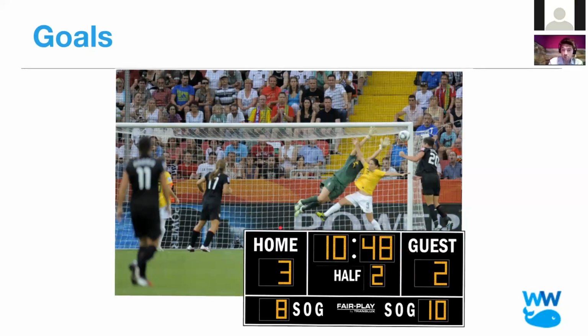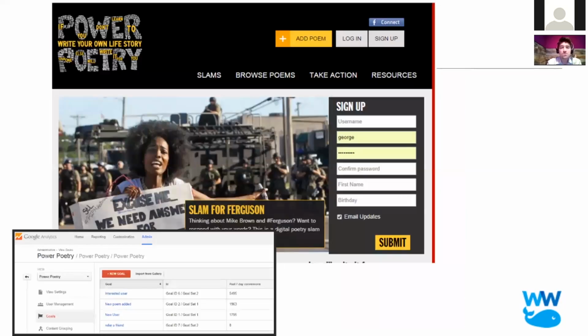It can just tell traffic coming in and out and going to different pages. So it is critical, if we want to watch a reasonable game of soccer, to set these goals up. So here's an example, coming back to powerpoetry.org. Take a look at this page. How many goals, how many things would you want to track, given the fact that you know that